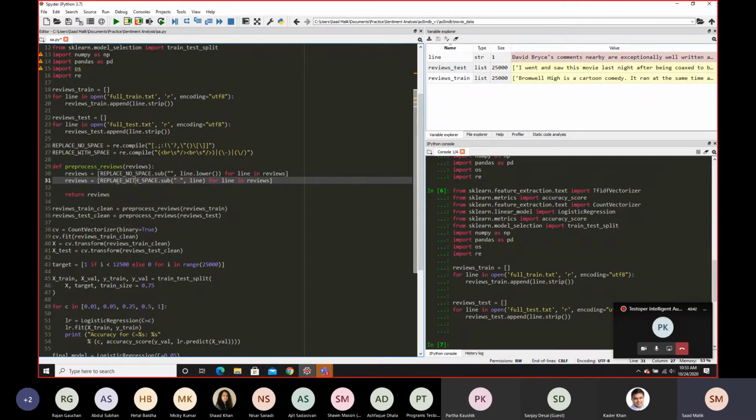And then we do the same thing over here, except with this matching command, we replace everything with a space. Let me run this, and then it returns the reviews. And then we apply this function to these new lists, which are reviews train cleaned and then reviews test cleaned.